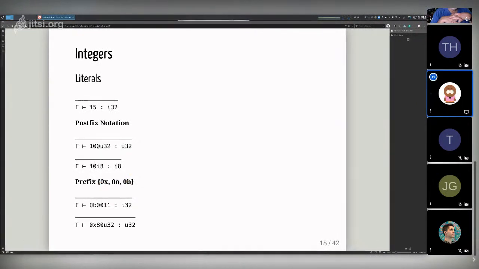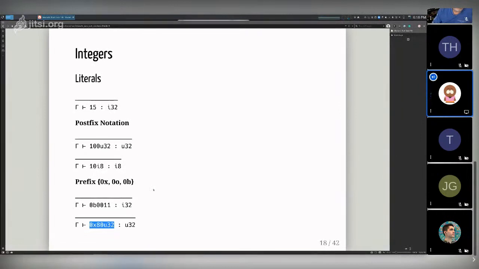You can use this in front of your literal to effectively tell Rust what the encoding is. And that can be very useful. And then, of course, you can combine both, right? The postfix and the prefix. And it works pretty well.